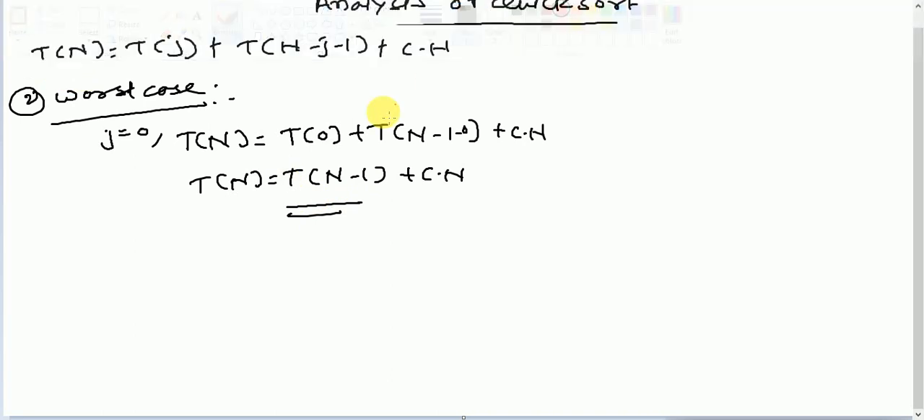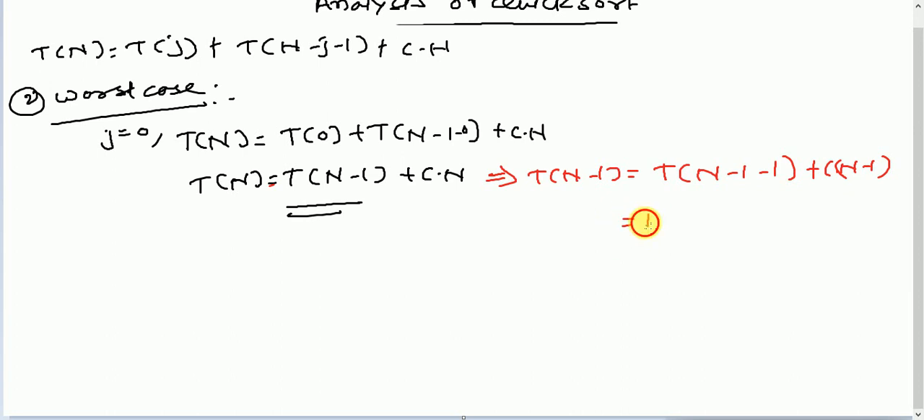So in a similar way, if I put n equal to n minus 1 in this equation, I'll get T of n minus 1 is equal to T of n minus 1 minus 1 plus C into n minus 1. So I'll get T of n minus 2 plus C of n minus 1. If I put this value of T of n minus 1 in this equation, I'll get here